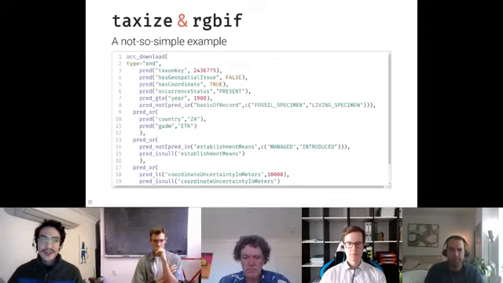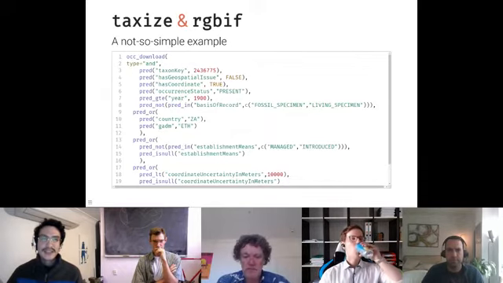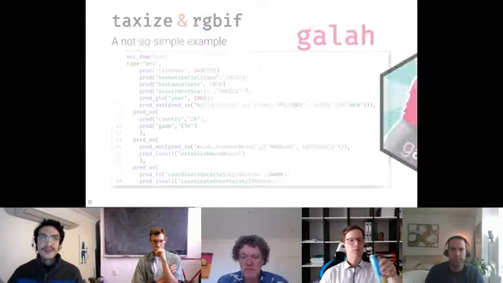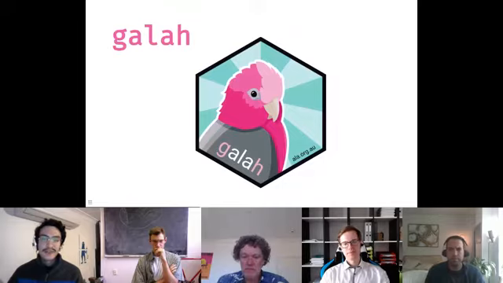Our own original R package for the ALA, which was called ALA4R, struggled with the same issues, and most of its syntax was just jumbled and inconsistent, and it catered to the API, but not the R user. And so we built the galah package to query data from the ALA, named for that beautiful Australian bird in our hex.